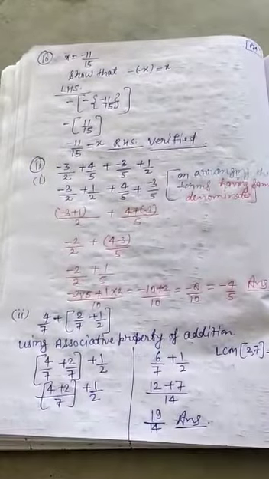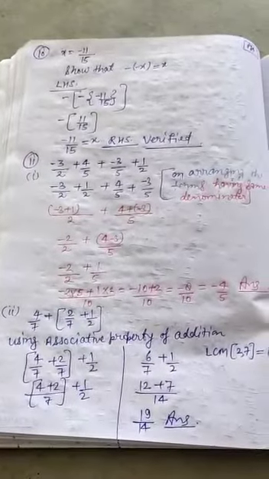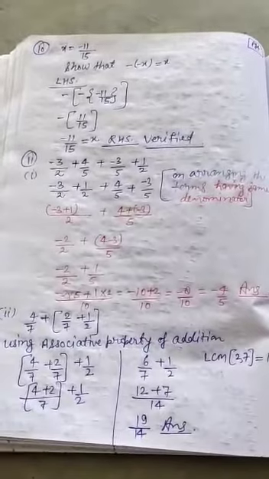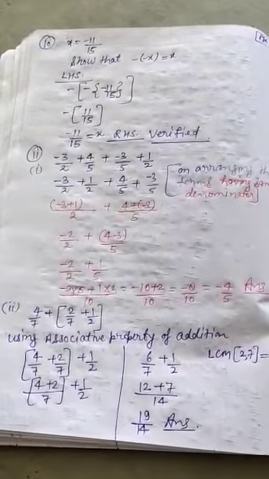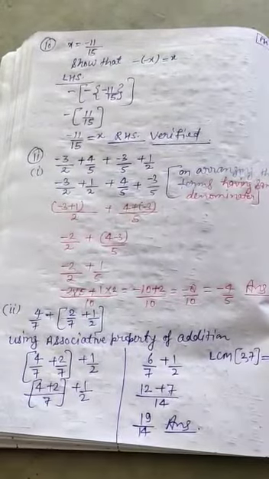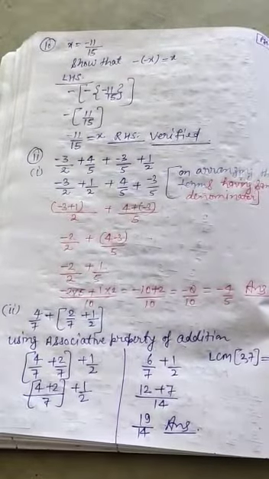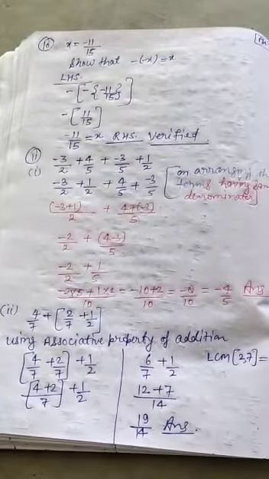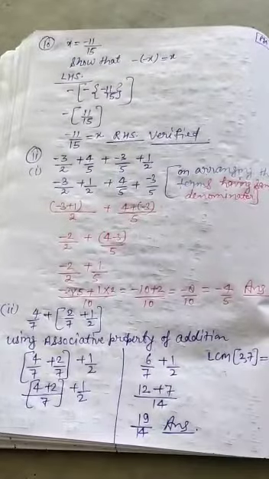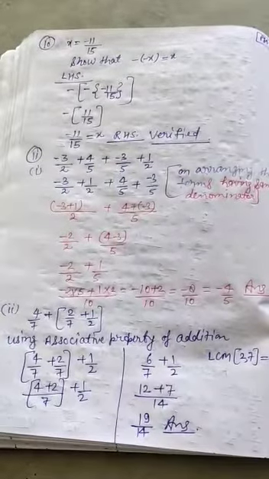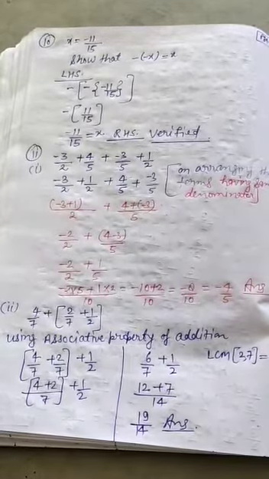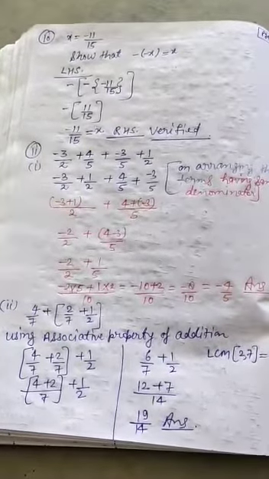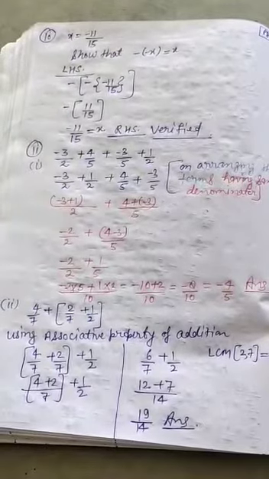See the next question. It is given in the question to solve by suitable regrouping. We have to solve the question: minus 3 upon 2 plus 4 upon 5 plus minus 3 upon 5 plus 1 upon 2. You can say the first rational number and the last rational number have the same denominator too. That's why we will regroup together the first term and the fourth term, and the second term and the third term.